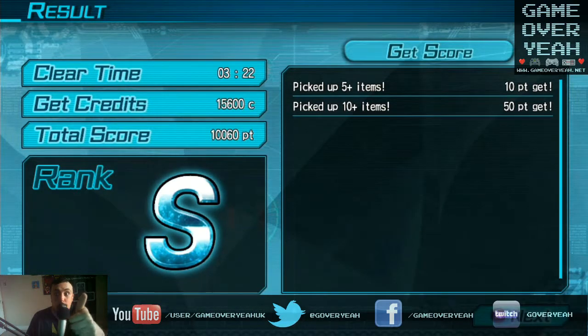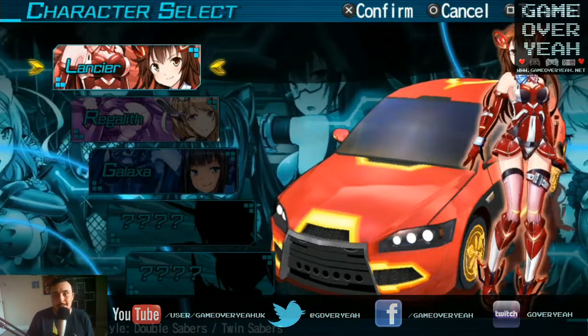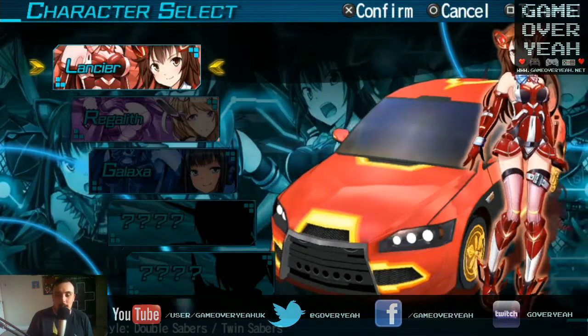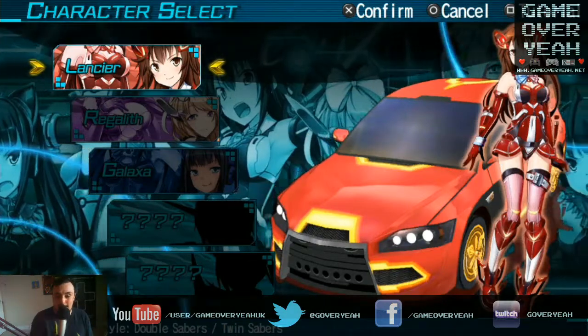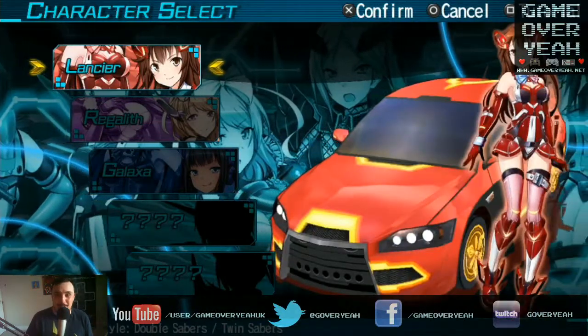S rank Pro. As you can see on the character select screen, there are 5 different characters that you can be. At the time of this Let's Play, I've only unlocked 3 so far within the story, but I've been told that you can unlock all 5. As you can see, there are the 2 other slots there. I believe one is probably the Commander, but as of this video, I've got Lancia,